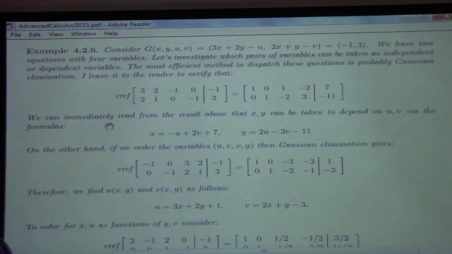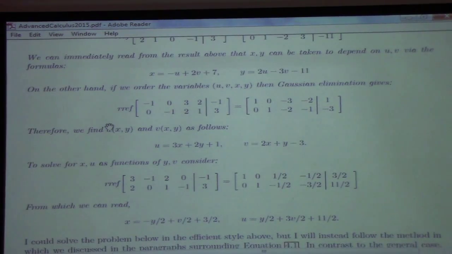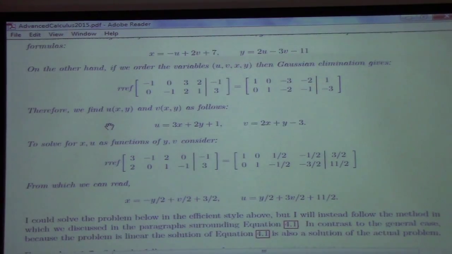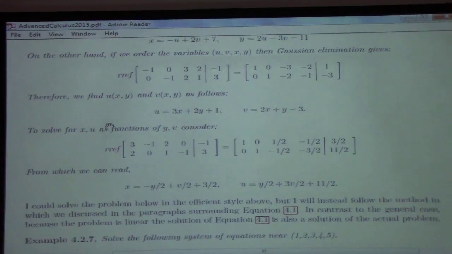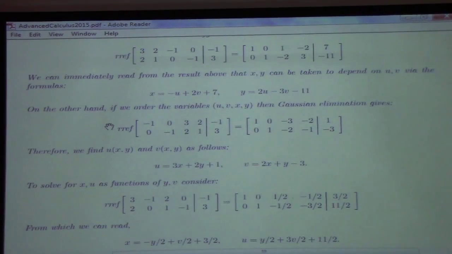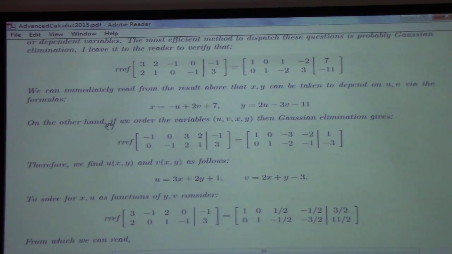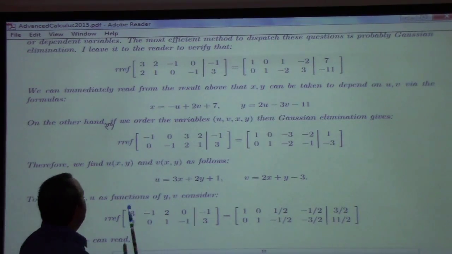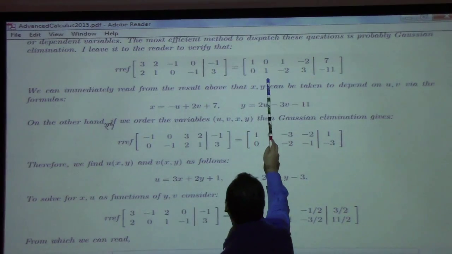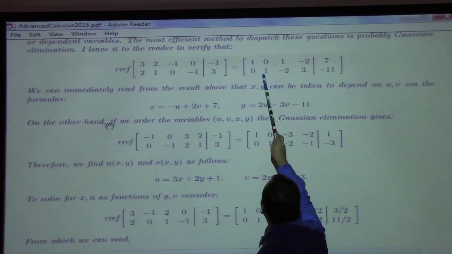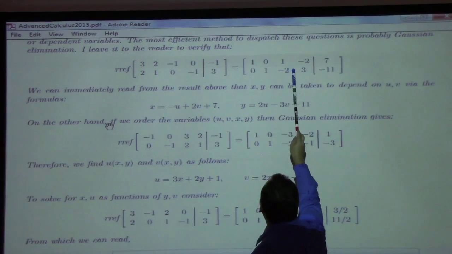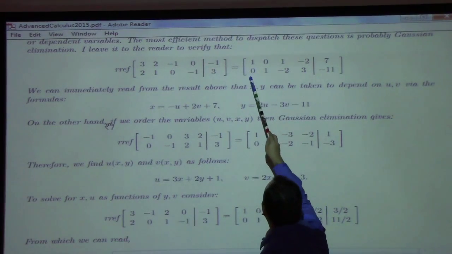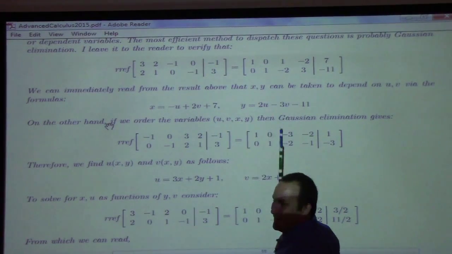This is still the same example. So actually solve for x and u in terms of y and v, but did I show which ones you can't do? Is there one you can't do in this one? I don't know. If I pick this and this, if I pick this and this, I think that you can solve for any 2 of these. This one's very